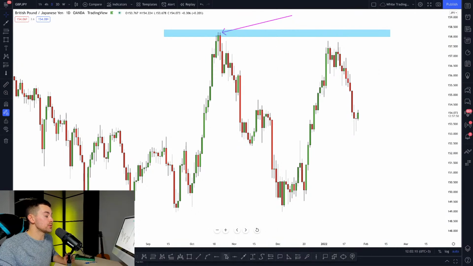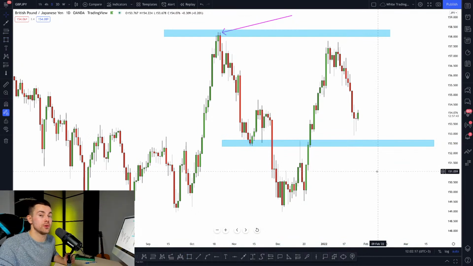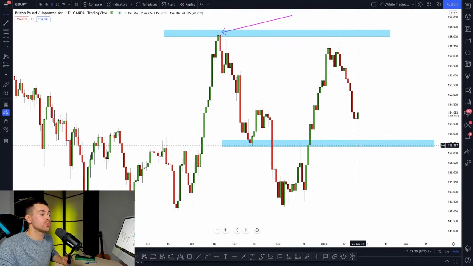And the closest strong structure that we spotted with my students is right here. Yes, look at this horizontal structure support. I believe that for now it is the closest zone of demand from where it will be safe for us to buy the pair. So what I want you to do, Willie, I want you